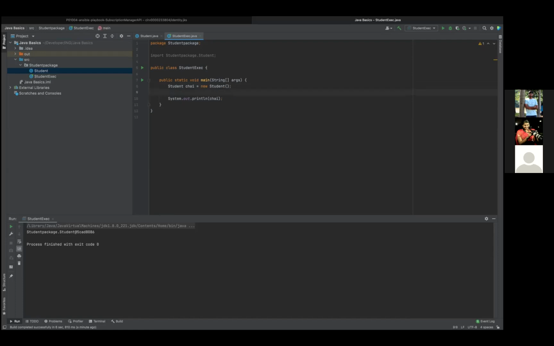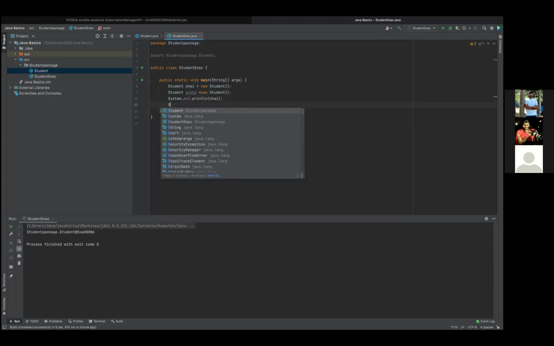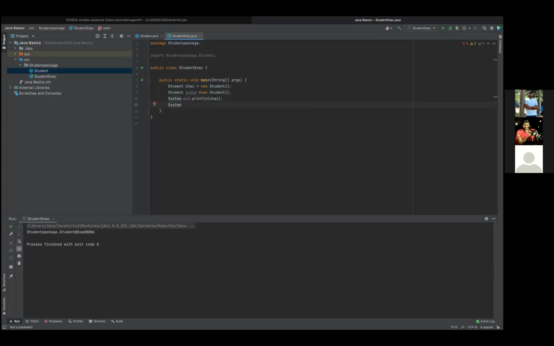Create one more object, student, with a different reference name. And then try to print that particular object. You can just copy paste the above line and just rename your reference. Just type Sneha.